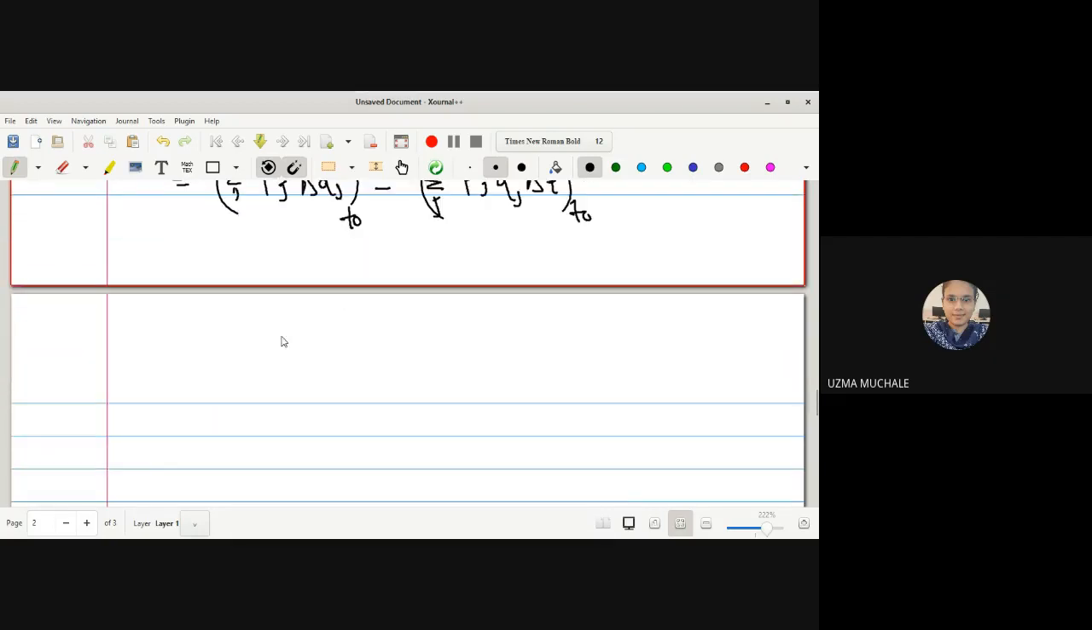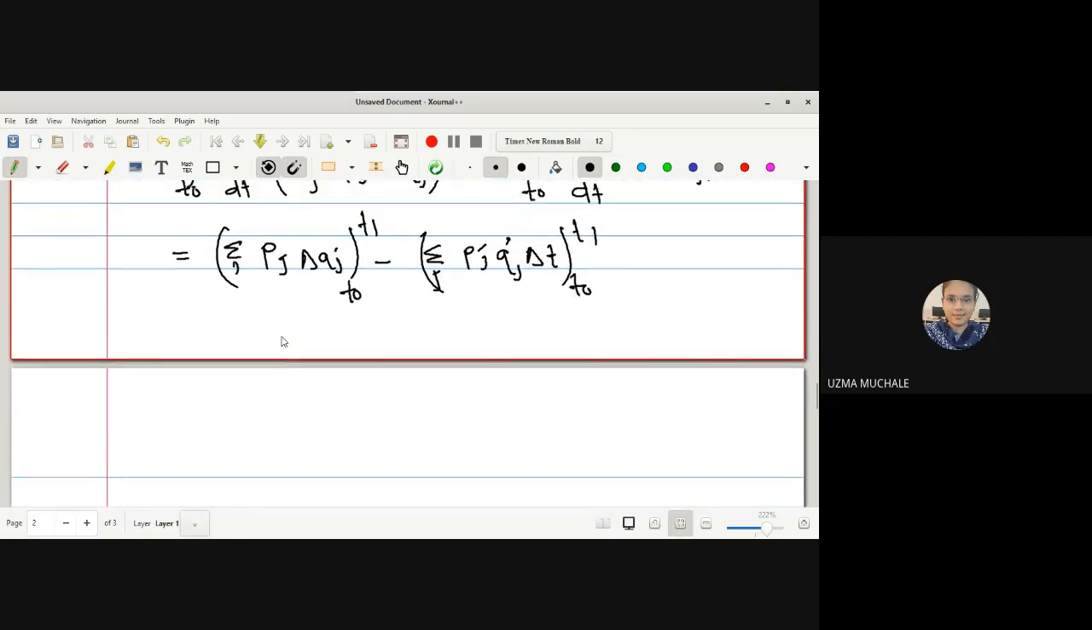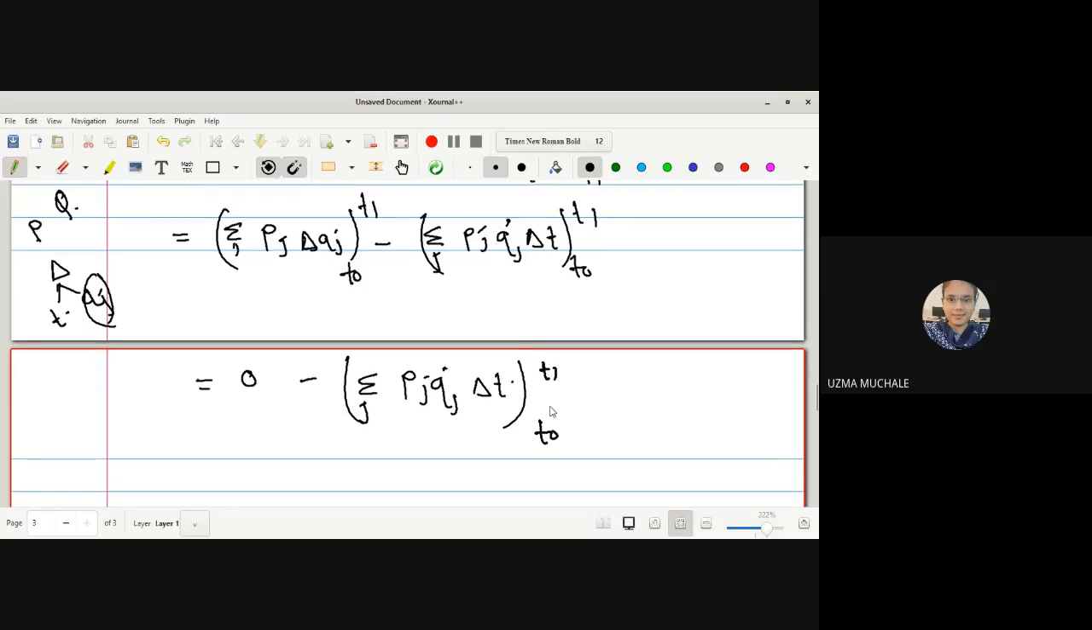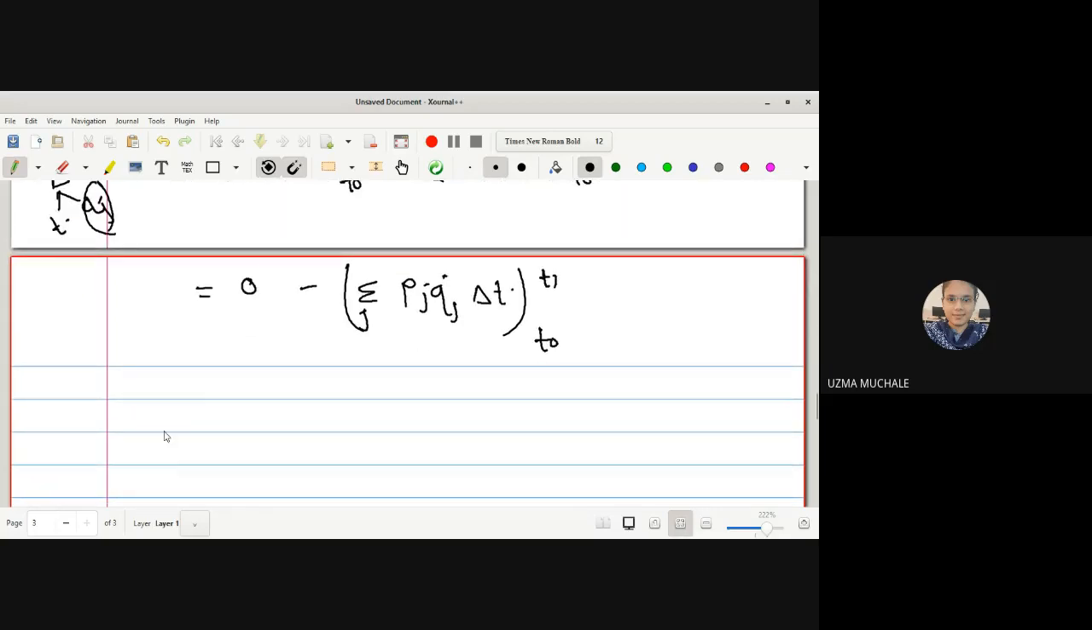Now if we consider the capital delta, what we know about the capital delta is the consideration that time is allowed to vary, but qj's are fixed. The qj is fixed, that means the points p and q, the initial and final positions, are fixed. So delta qj will be 0. So this whole term will be 0 since endpoints are fixed. Minus, what we get is minus summation over j Pj qj dot into delta t within the limit t naught to t1. This is the value of a